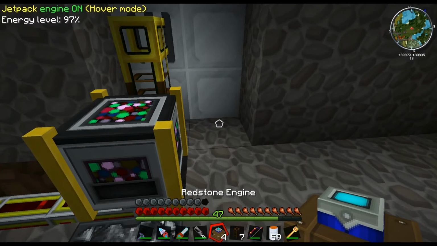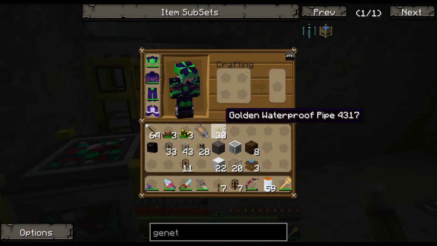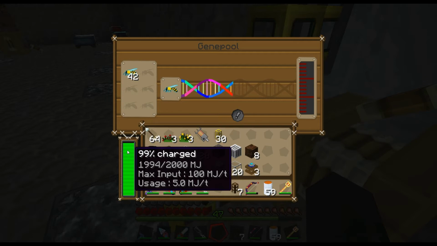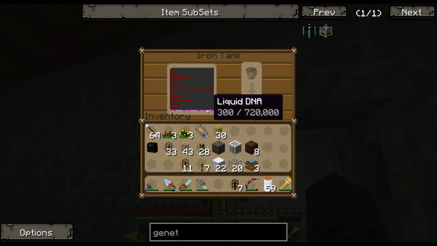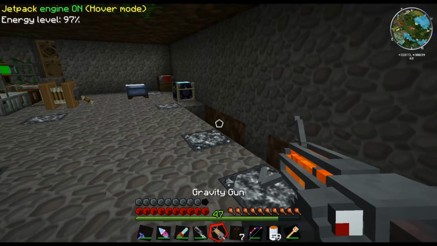Redstone engine and a lever, and that should now start pumping. Yep, liquid bee goop. That's processing fairly quickly. All the videos I've actually watched on this show that it's usually quite slow, so yeah, we should be seeing some liquid bee goop there. 300 millibuckets. So the next thing I need to do is pipe those bees